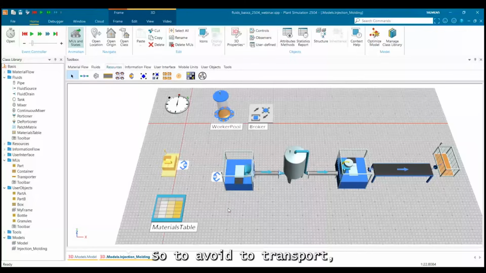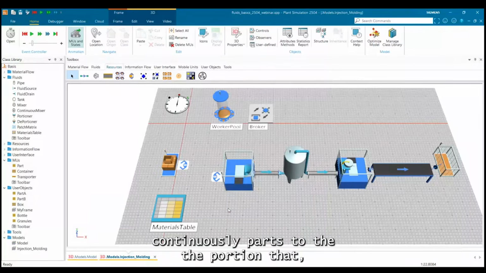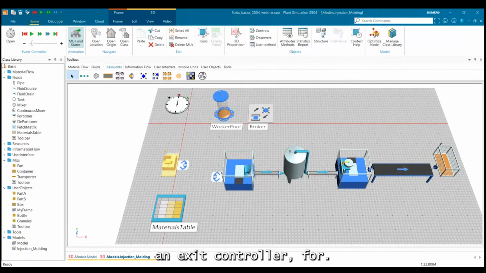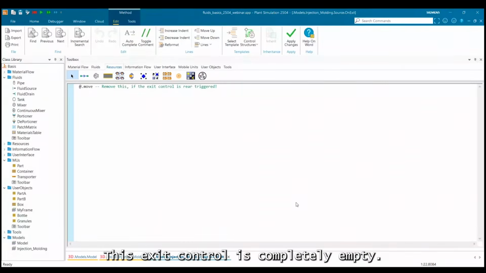To avoid transporting parts continuously to the deportioner, I use a little trick here. In the source, I create an exit control, F4. And this exit control is completely empty.